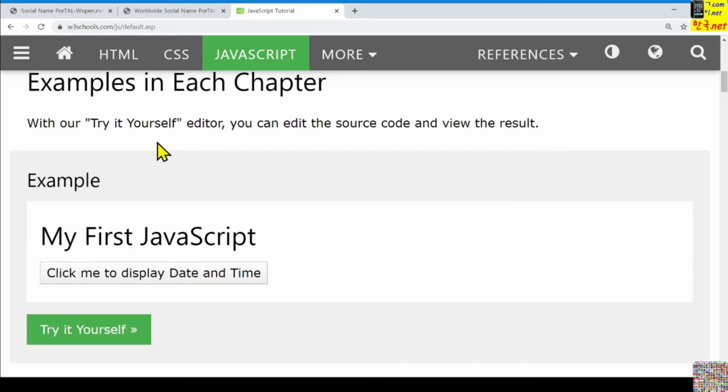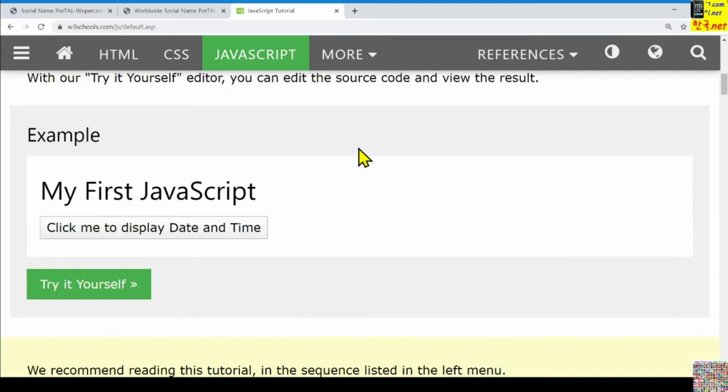This one is provided by W3Schools.com. Also, you can try your Visual Studio Code editor or any other, Edit Plus or Notepad++, you can use if we want.